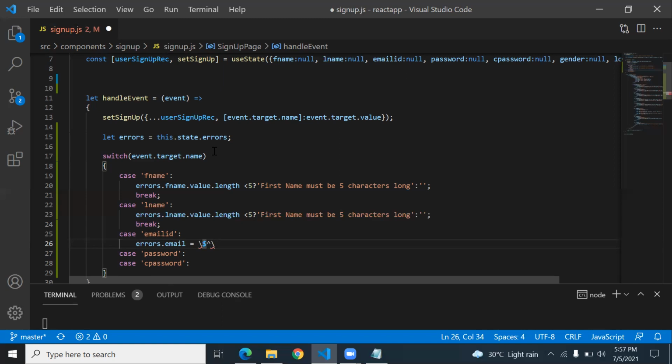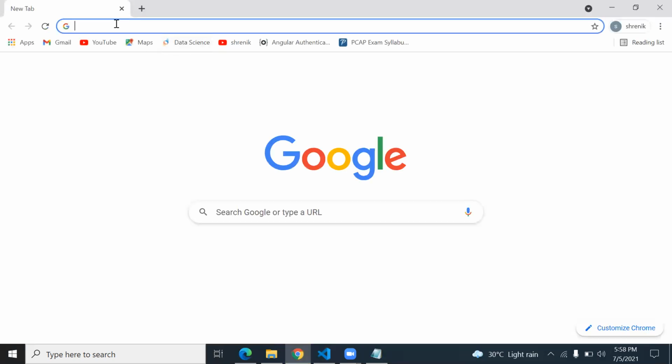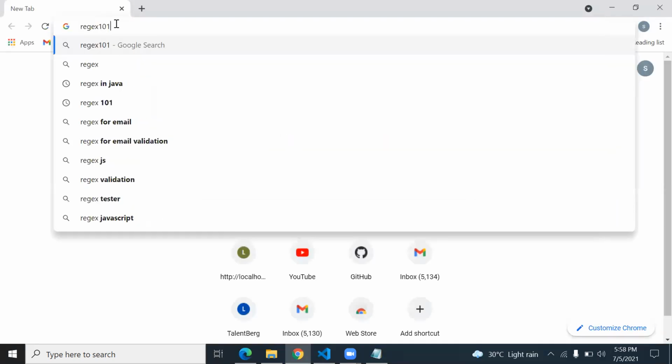So the email ID must be all small case characters A to Z plus. Then that regex you can test on the regex 101 website. There also you can check the regex. Let's go on that website and check the regex matching email address.